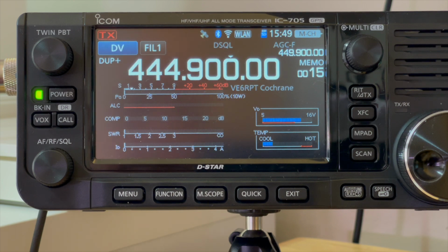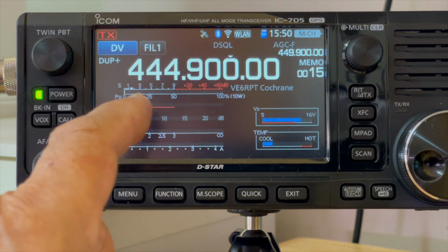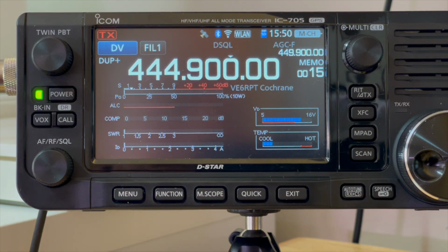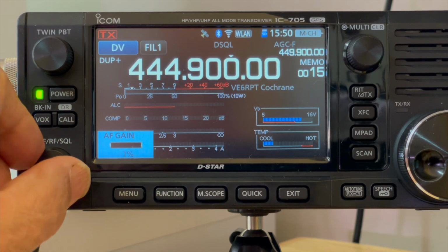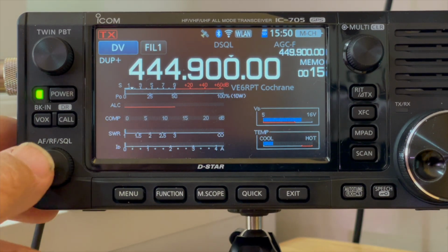This is more or less a quick intro, and usually the first thing you do, trying to learn how to use this, the touching. You gotta learn. There's 3 touches with a lot of them. Even this volume button. See, when I turn it, it's the AF gain. If I push in,